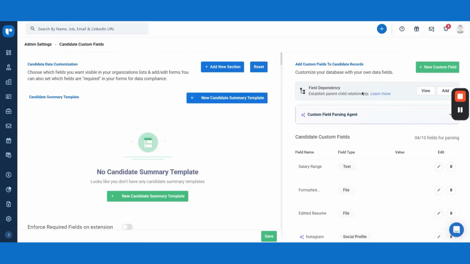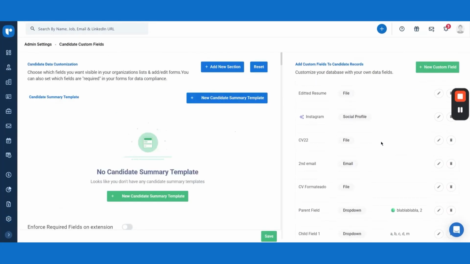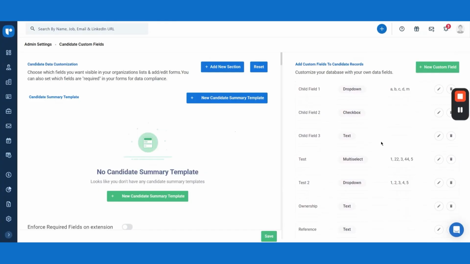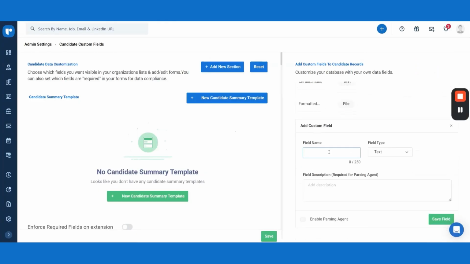On the right side of the page, you'll see all the custom fields you've already created. To add a new one, click the New Custom Field button, enter the field name, and then select the field type. Recruit CRM offers several field types depending on the kind of information you want to store. For written information, you can choose text and long text field types. Text fields support up to 2,000 characters, while long text fields support up to 5,000 characters, making them ideal for